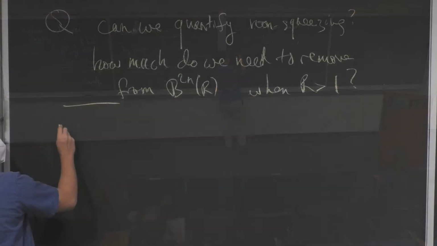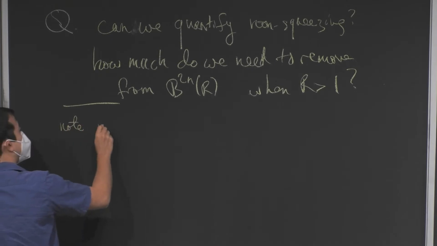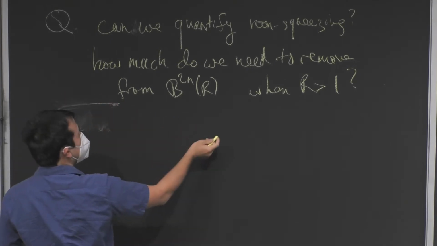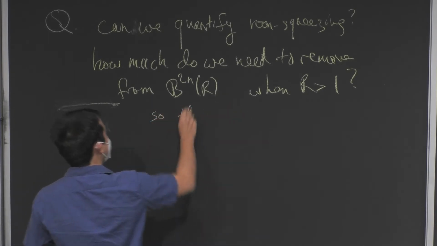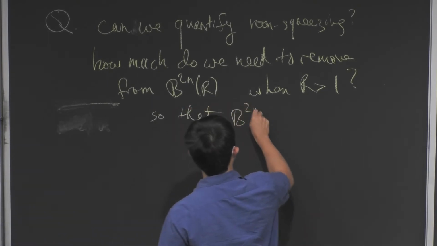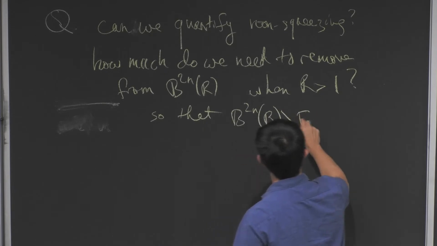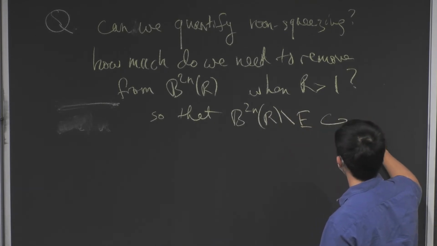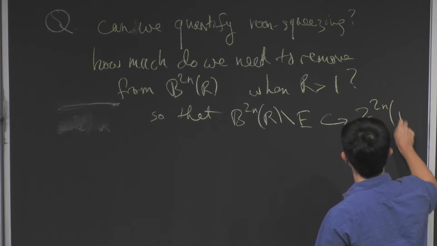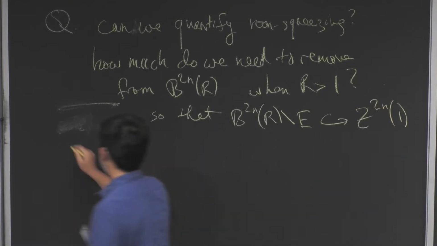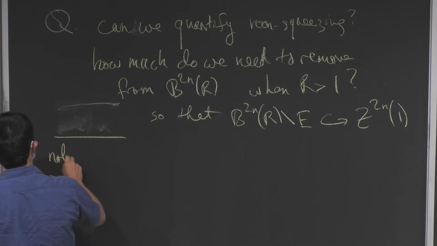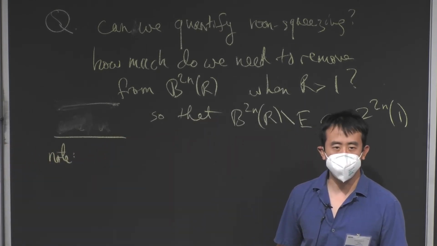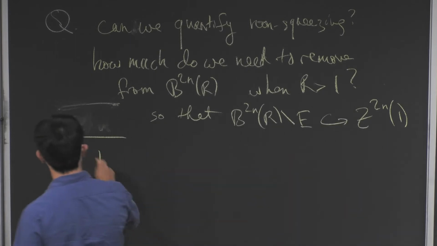And so maybe I should again note that volume, let me just write it out. Again, so I'm removing some exceptional set, and then I hope to fit it into the cylinder. And I should note that again, volume is not really a good measure. Okay, so there's a theorem of Kartok